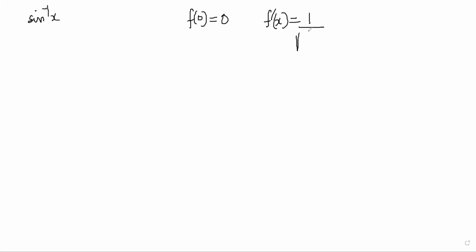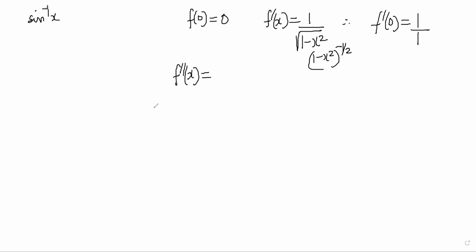f'(x), I know, is 1 over root of 1 minus x squared. Therefore, f'(0) will be 1 by 1, right? Now, the double derivative of this is the differentiation of this part. This part is technically (1 minus x squared) to the power minus half, right? So I will get minus half (1 minus x squared) to the power minus 3 by 2 multiplied